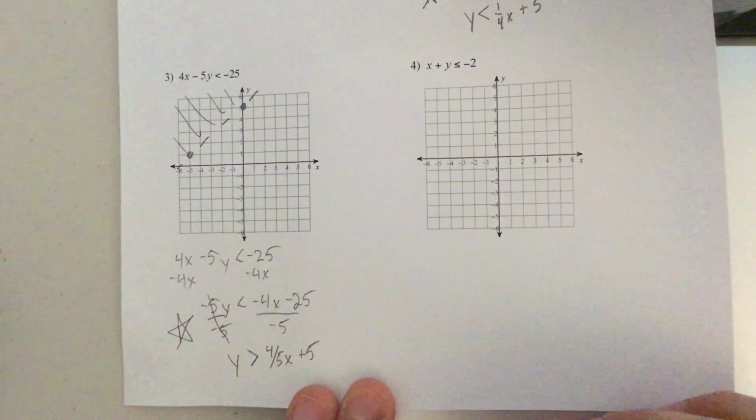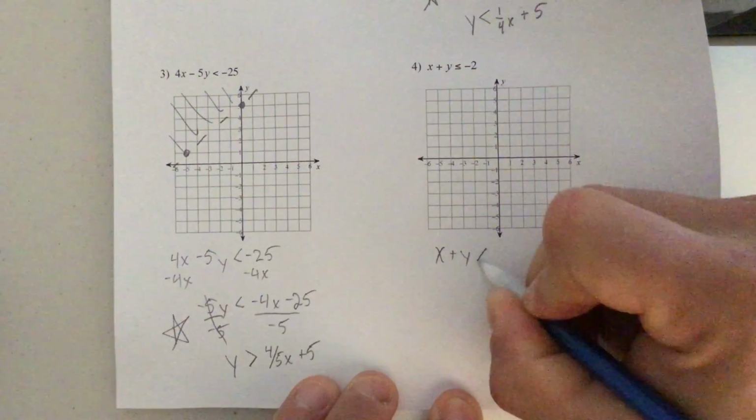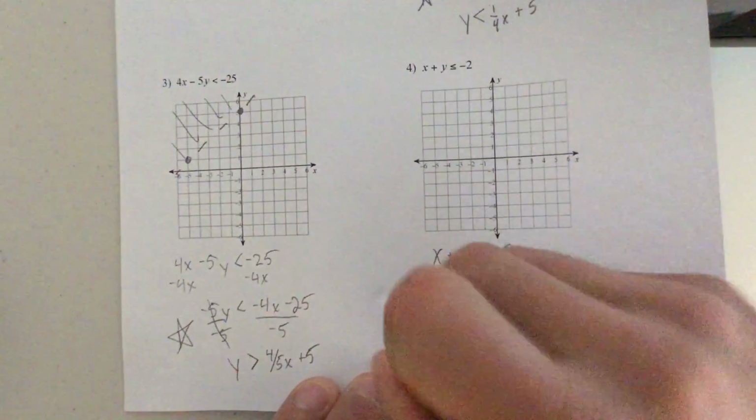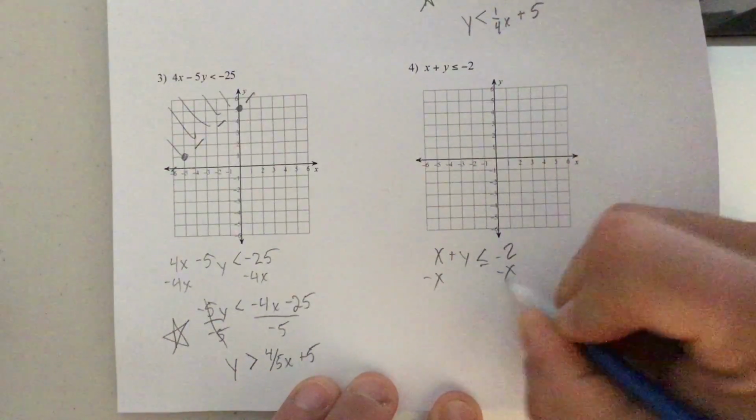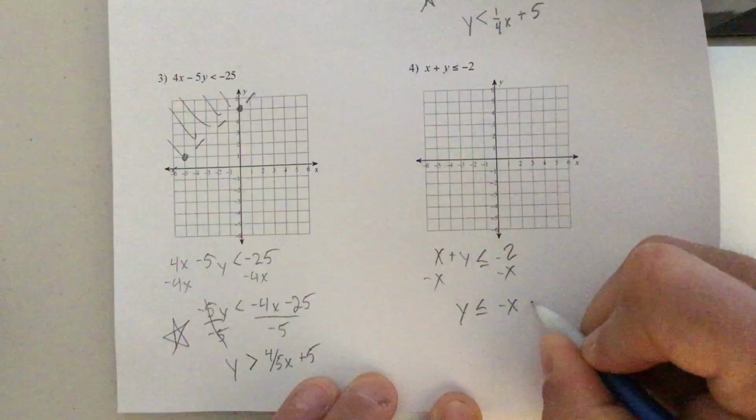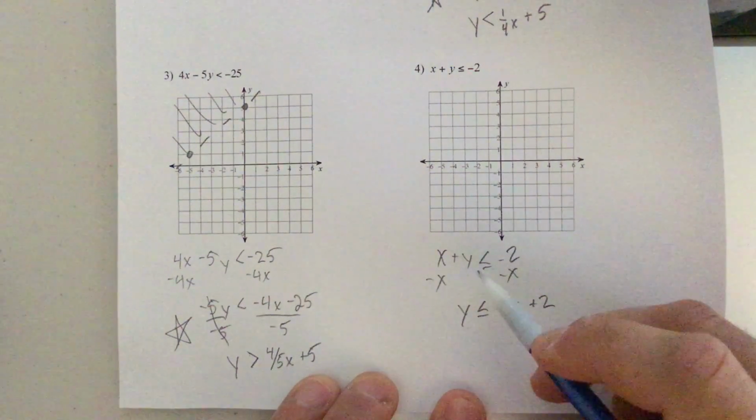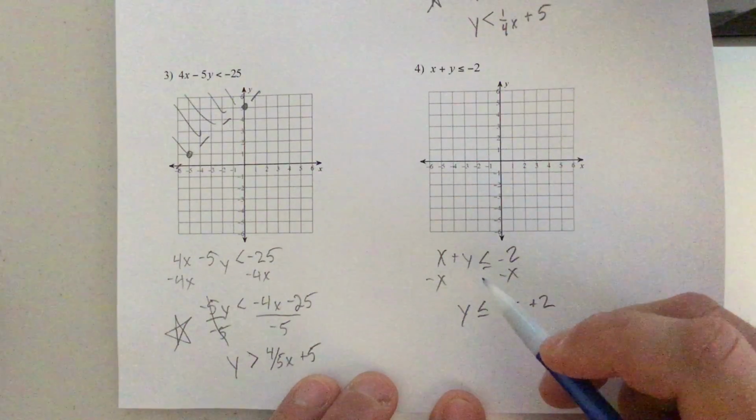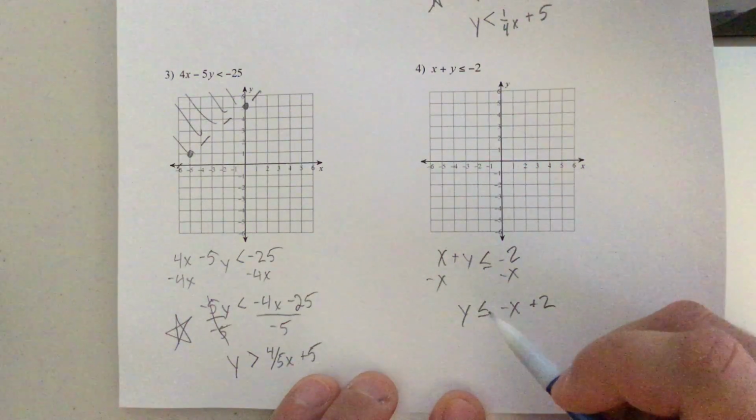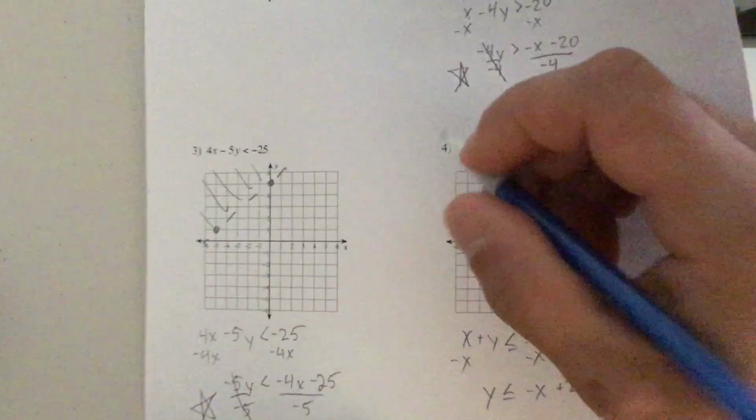X plus y is less than or equal to 2. So I'm going to subtract x from both sides. Y is less than or equal to negative x plus 2. Notice there's no division here. There's nothing we have to divide by. Therefore, and even if we did have to divide, just for argument's sake, because it'll work out nice, and I hope you don't mind,